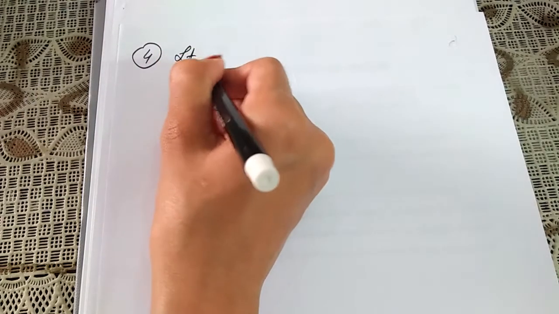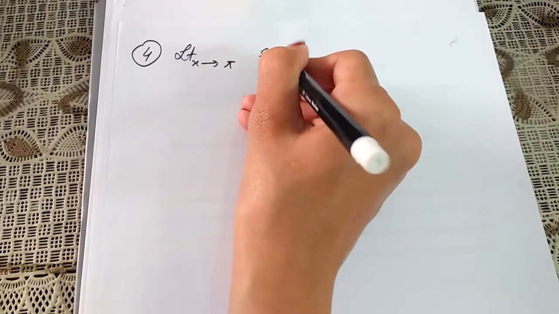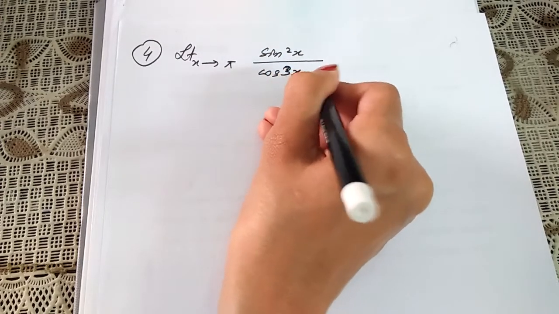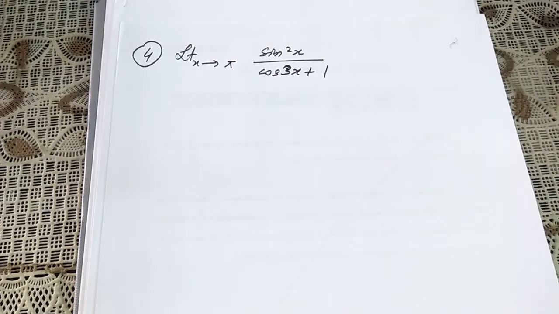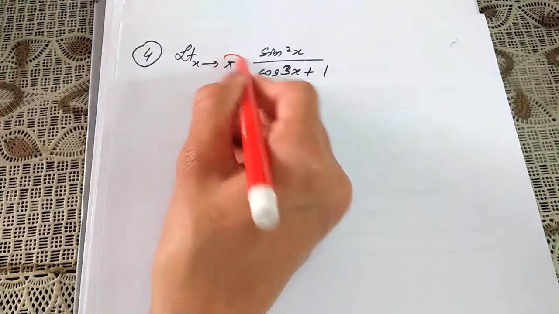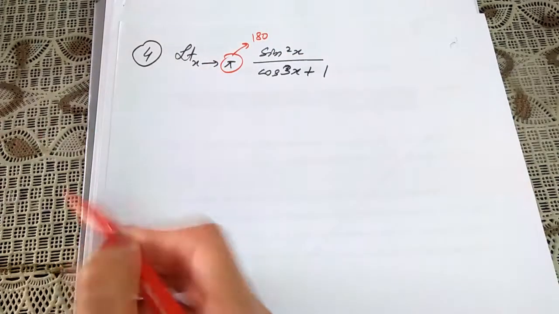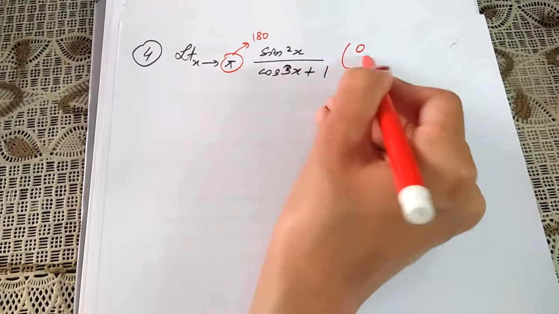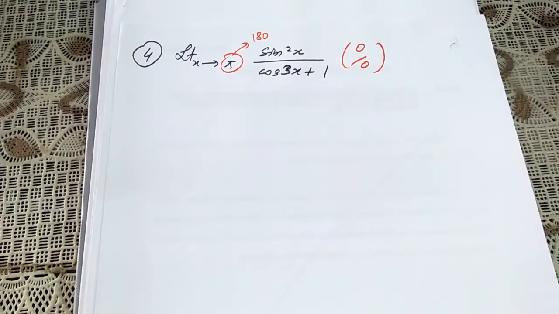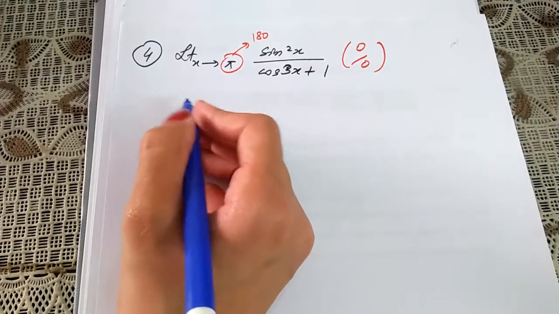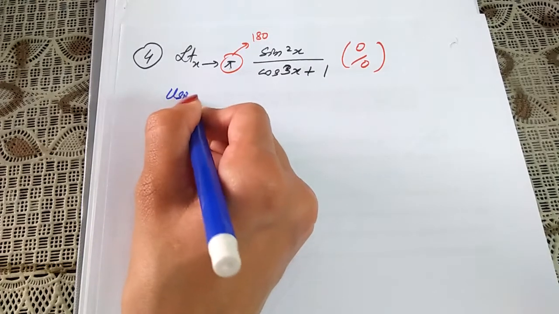Limit x approaches to pi sine square of x over cos 3x plus 1. If we put pi in place of x, this pi is basically 180 degree. If we put pi in place of this x, we will again get 0 by 0 form. So we will do what here? We will just use the L'Hopital rule here. So after applying the L'Hopital rule,